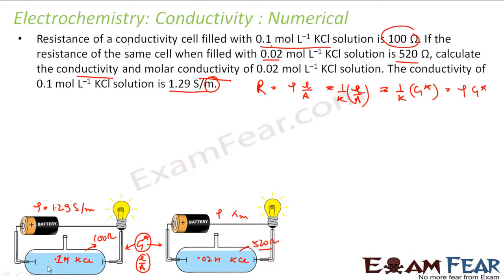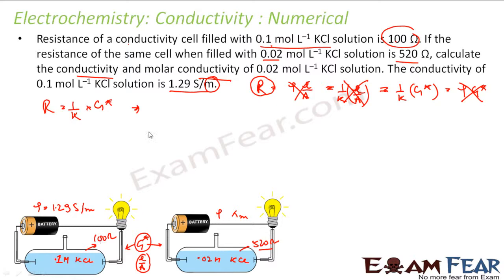So in this case, my resistance is given, 100 ohms. This is given. And this is what? Conductivity, right? This is K. So K is given, so that means this formula is of no use to me, because this is a resistivity. Conductivity is given in these two formulas, and I have to find the cell constant G star. So let me use this formula, that is R is equal to 1 by K into G star.